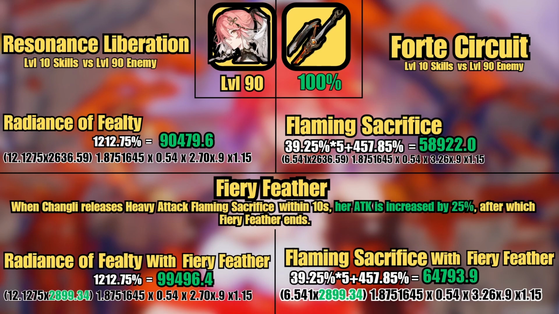Right here, we have our Radiance of Fealty, which is our Liberation, and we have our Forte Circuit. As you can see, your Liberation is hitting a fat 90k over there on the left. And remember, this is only through Verena. That is kind of clean. Very, very good damage. And her Forte is going to be hitting around